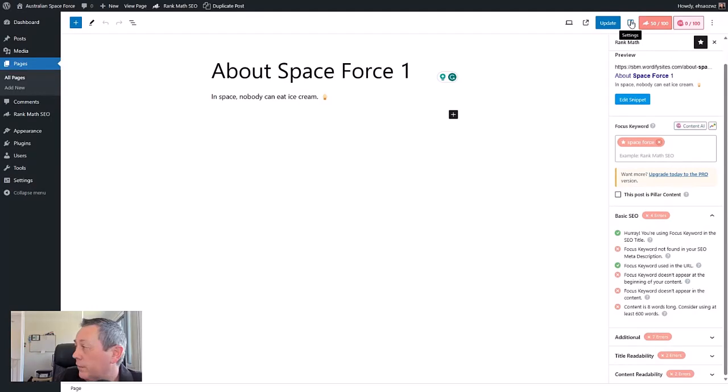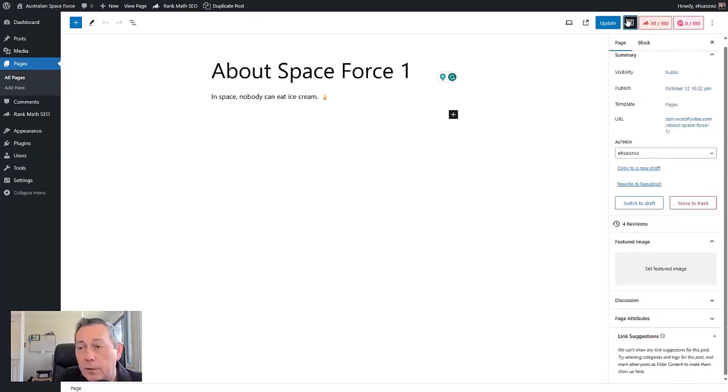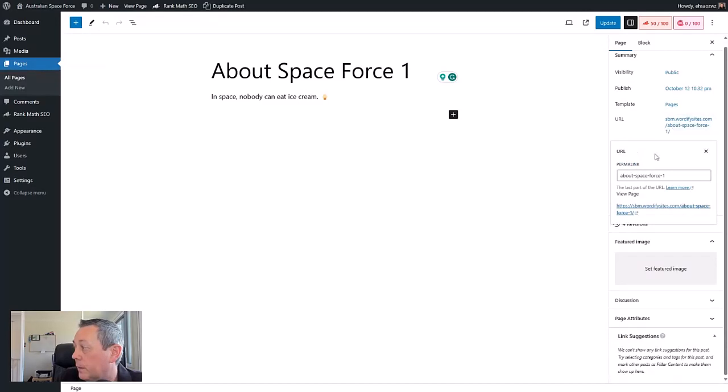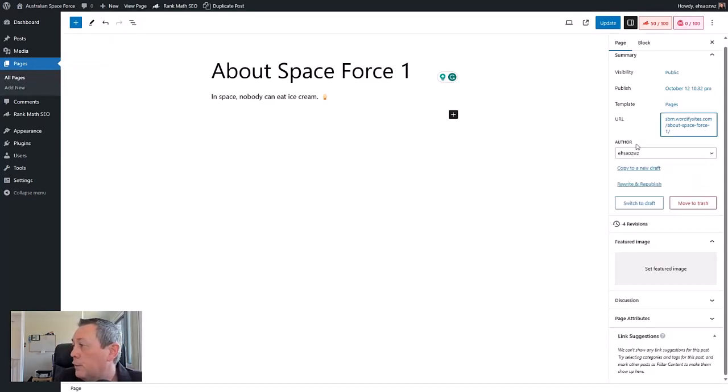When we're talking about URLs, if you click on this link here, it takes you back to the WordPress settings. Make sure you're on page, and then the first bit in the summary, you can see a URL here, and you can change that. WordPress has a pretty good one out of the box. When you type in your page title, so About Space Force 1, then it will copy that as your URL, what it calls a permalink structure. If you change your title